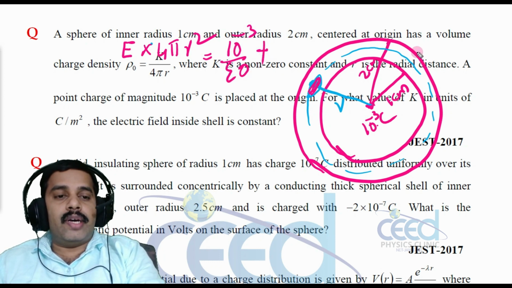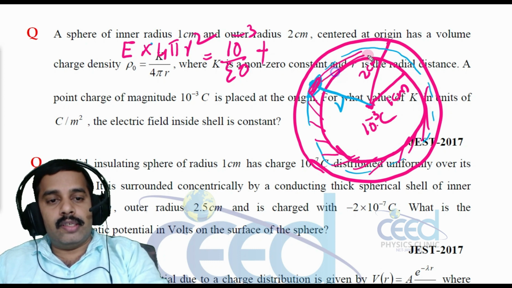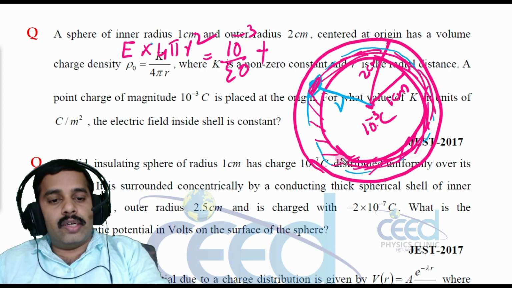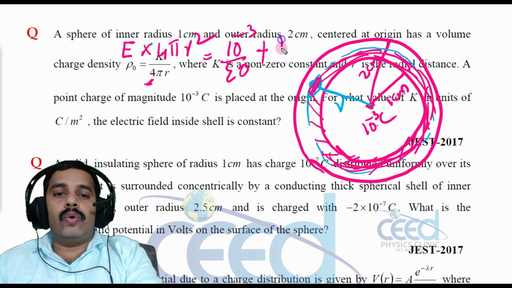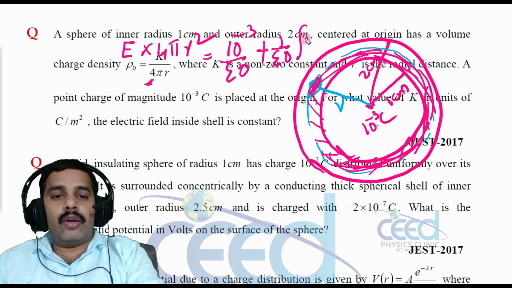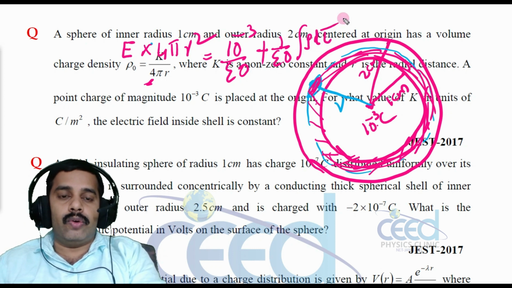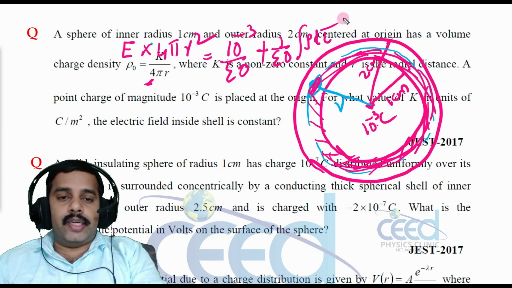due to this volume charge distribution. Up to this portion we have a volume charge distribution, right? Due to this shaded portion, if I am considering R, we have a volume charge distribution rho 0. So 1 by epsilon 0 into, what is the charge? If volume charge density is known, q is equal to integral rho d tau. Right. Now I can apply here.